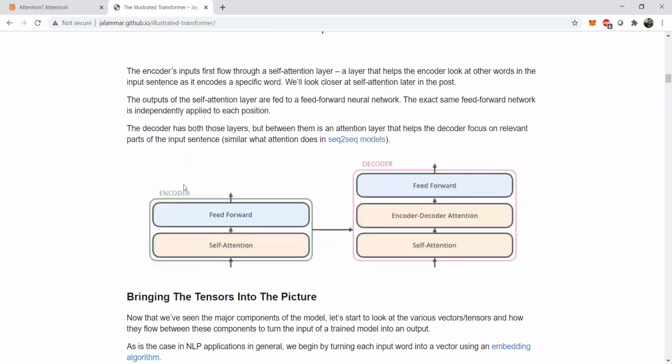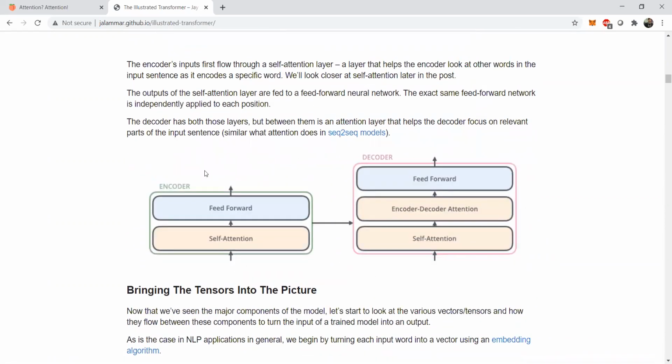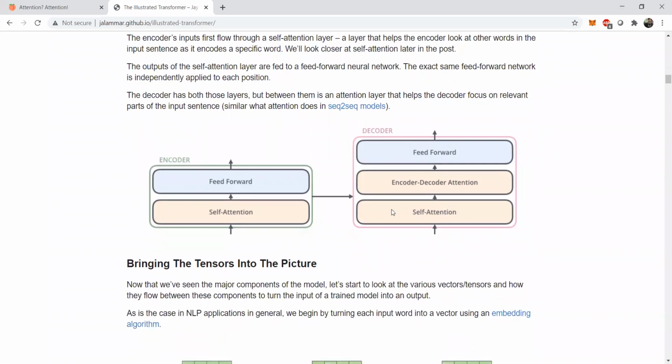This is a robust description of that pictorial image of the encoder decoder architecture and how these are very usefully used in most cases. So you have the self-attention, you have the feed-forward network in a particular encoder cell, right? And then the output of the terminal encoder cell is passed as the input to the decoder. The decoder contains another self-attention module. Inside of it, it contains an encoder decoder attention, which is another different block of cells, and it contains another feed-forward neural network or a simple dense network for the output.